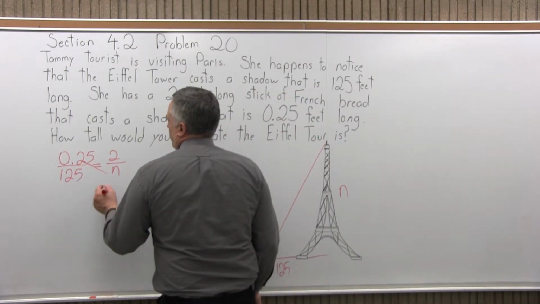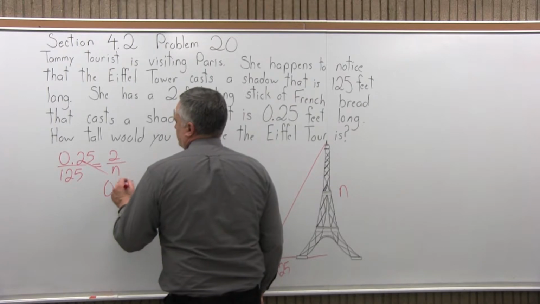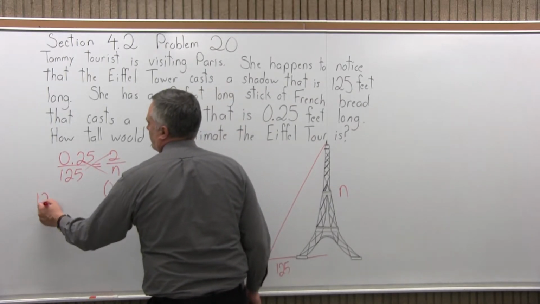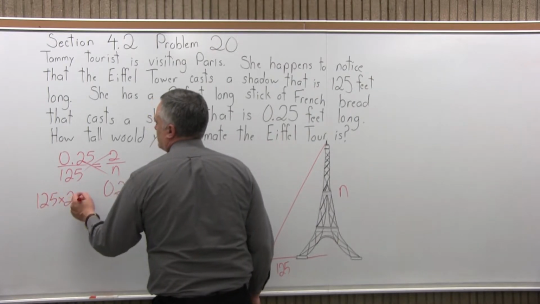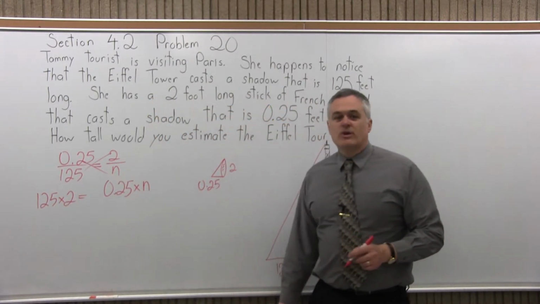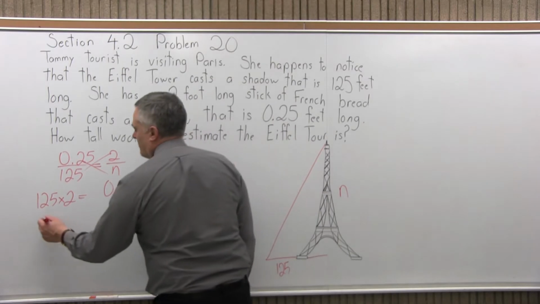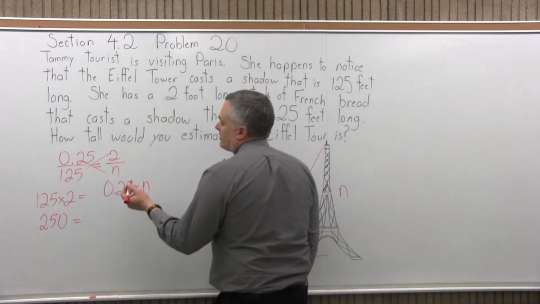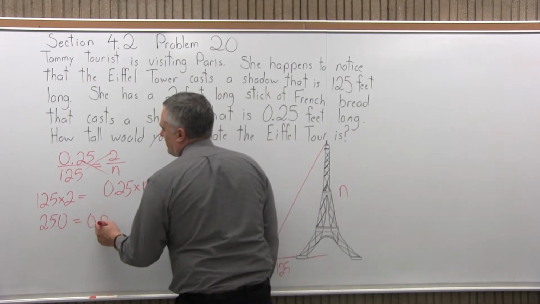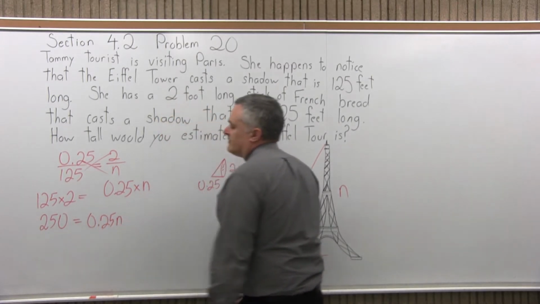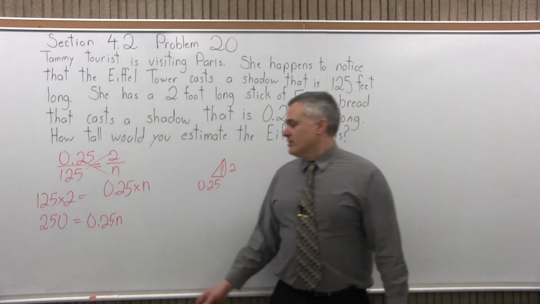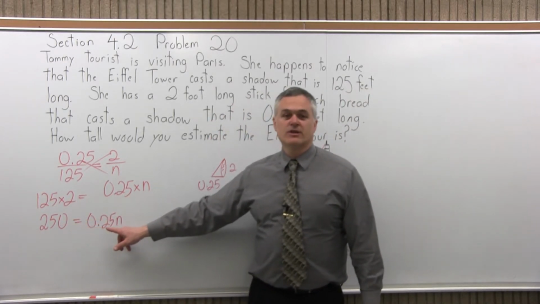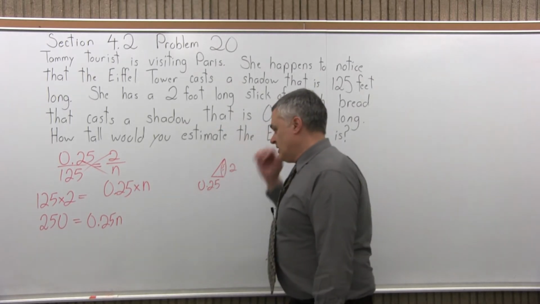So multiply one way, we have 0.25 times n. And multiplying the other way, 125 times 2. And those are equal. So 125 times 2 is 250, equals 0.25 times n, which is 0.25 n. And now to find the value of n, the unknown, we can just divide the other side, the 250, by the value in front of the n, the 0.25. So to do that,